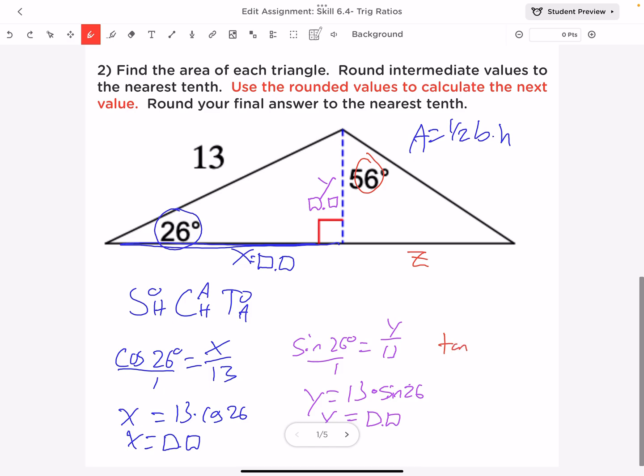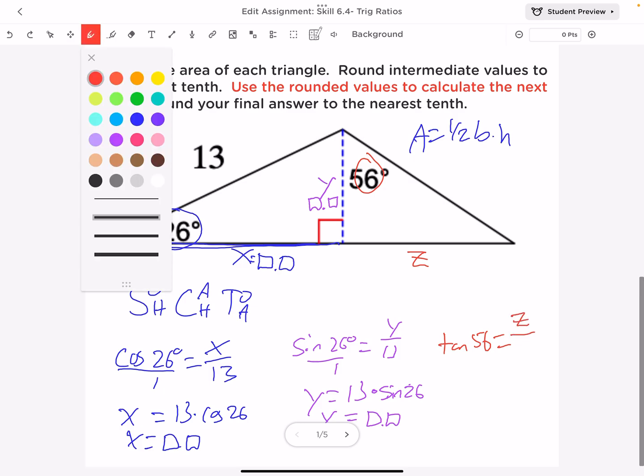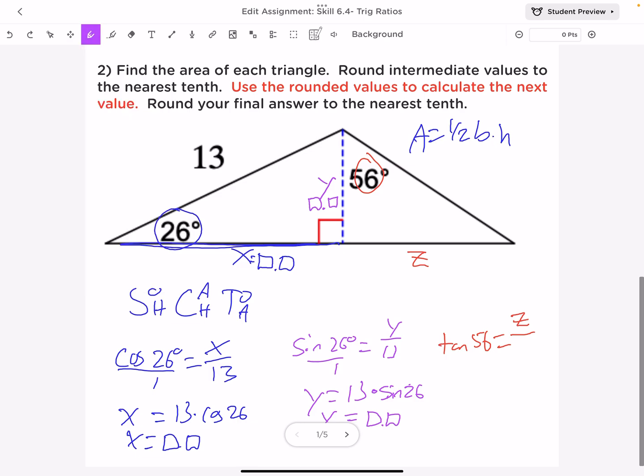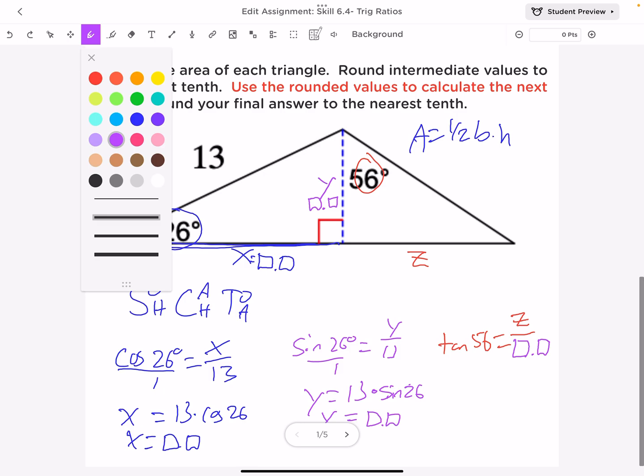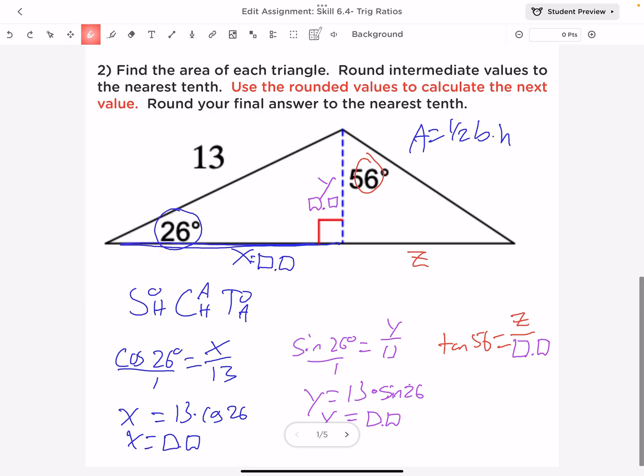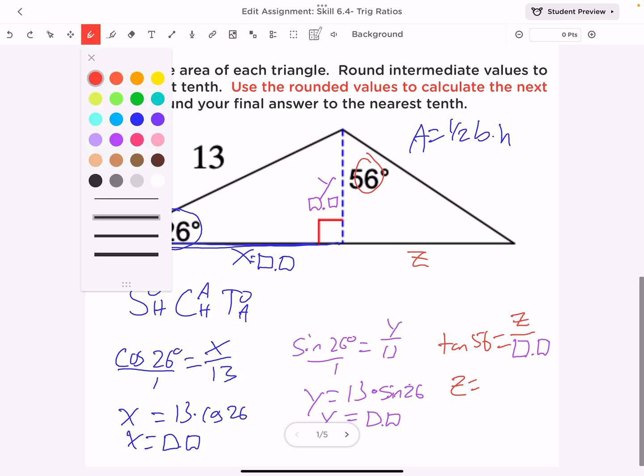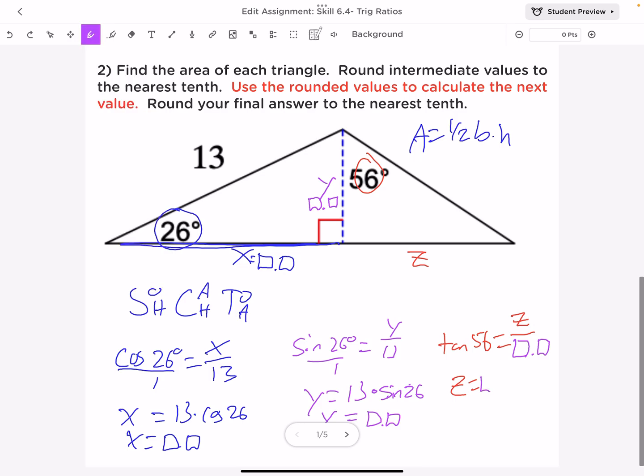Tangent of 56 is equal to z over whatever you calculated for y, and you want to use the rounded value. So z is equal to that y value rounded to the nearest tenth,